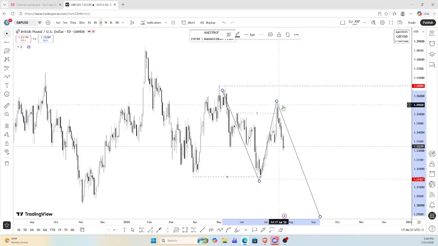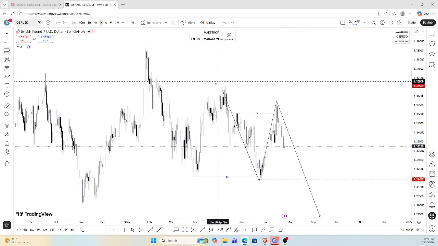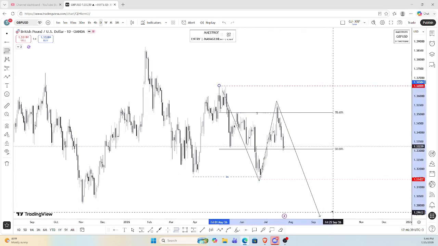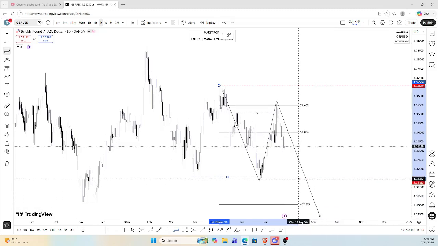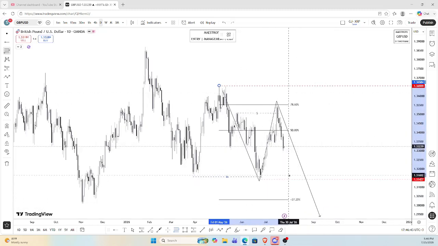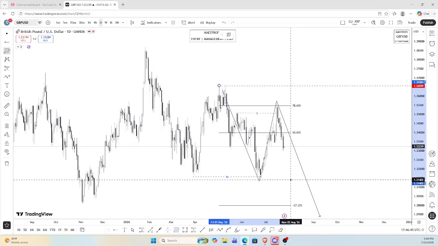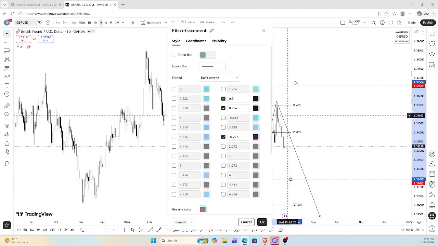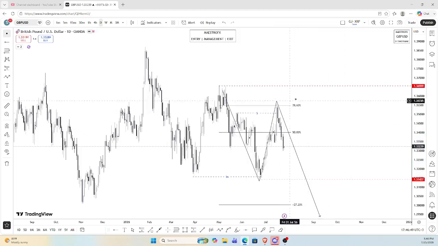And so pretty much this is the pattern that I'm watching for, and you can see that if we take that high to this current low, price has retraced to 78.6 Fibonacci retracement. However,